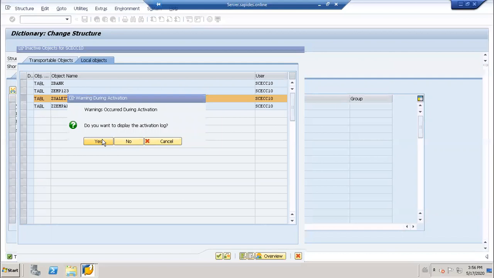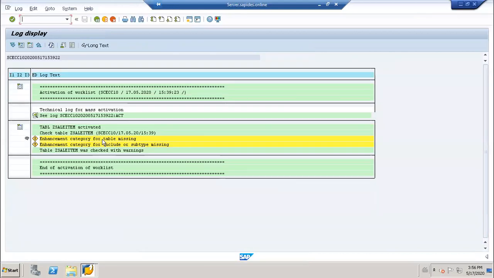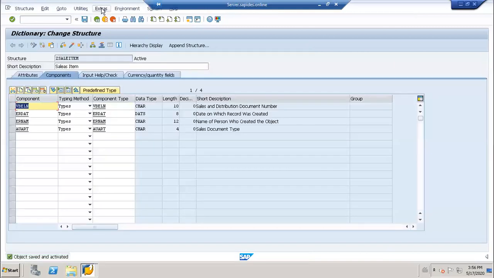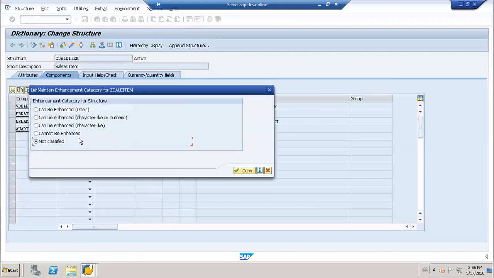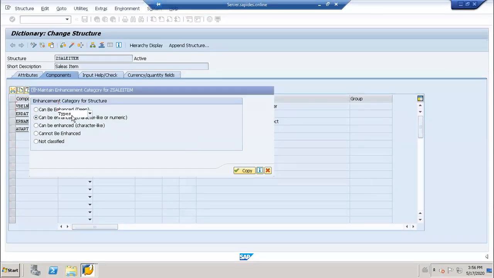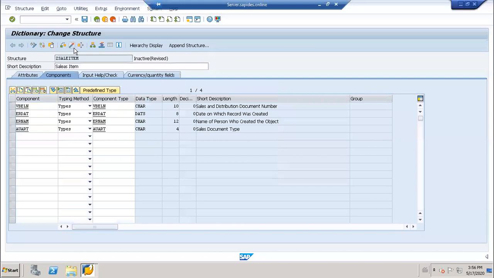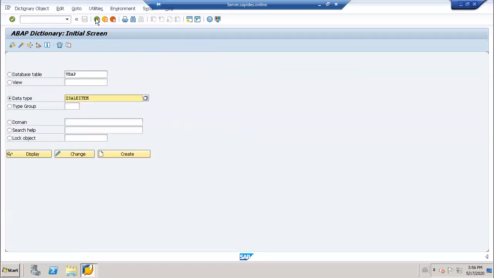But there's some warning. What is the warning? It's the enhancement category. Here I will use character numeric. Then I'll activate it. Now my structure has been created. So I will take the structure and go for table type.